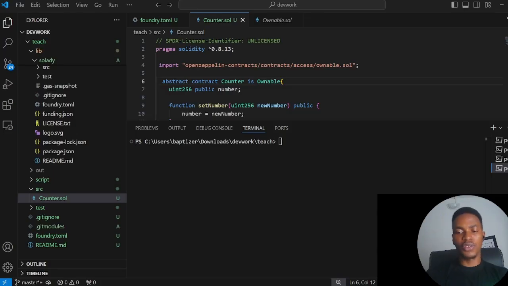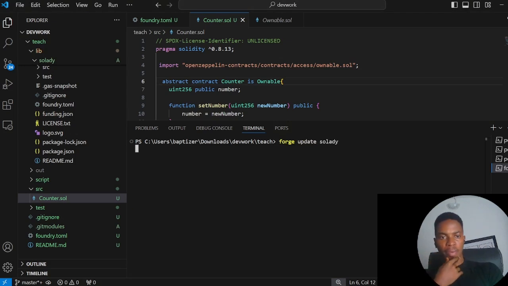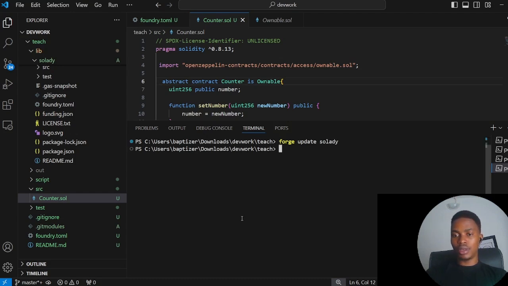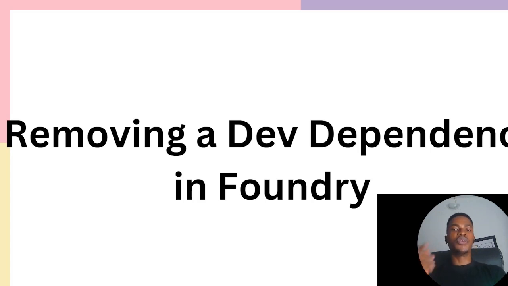If you want to update Solidity, for example, you can simply say forge update Solidity, and it should update. Another interesting thing you should know is how to remove a dependency that you probably do not need. So how do you go about removing a dependency you no longer need? It's simply forge remove, then the name of that particular library, or maybe the link to the library. And when you do that, Foundry will pick up your request and